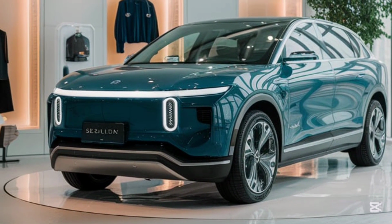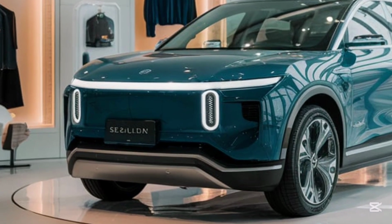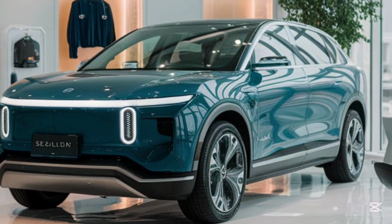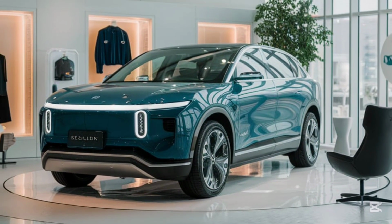Market positioning and availability. In India, the BYD Ceolion 7 is expected to be priced around 45 lakhs ex-showroom, and will be